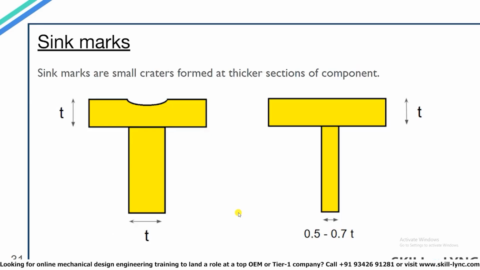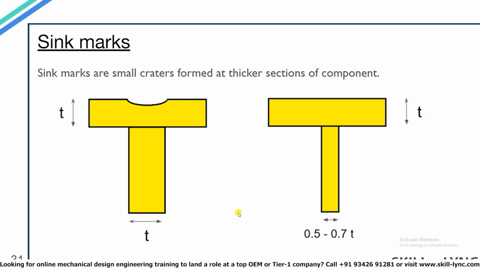Sometimes due to the shrinkage of the material at areas with higher thickness, a small crater or depression is formed. So the customers are informed of any possible sink marks that may appear due to the current dimensions of the product. We usually see this effect around the ribs. The rib thickness is usually kept around 0.5 to 0.7 times the thickness of the part to reduce the chances